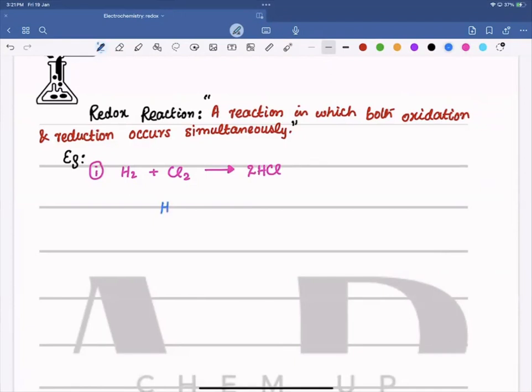So if we place the oxidation number of all the elements present in the chemical equation, then